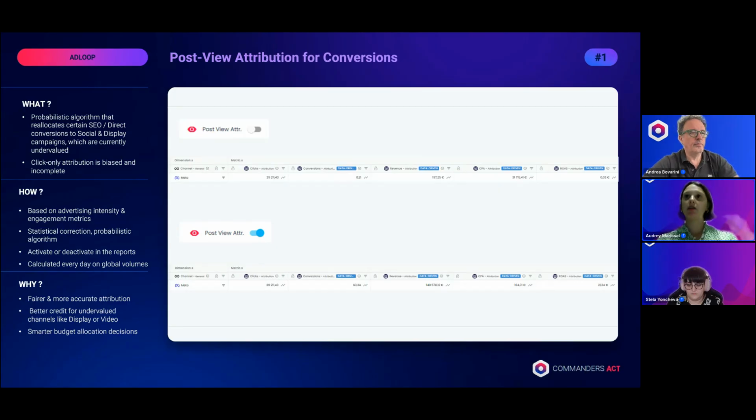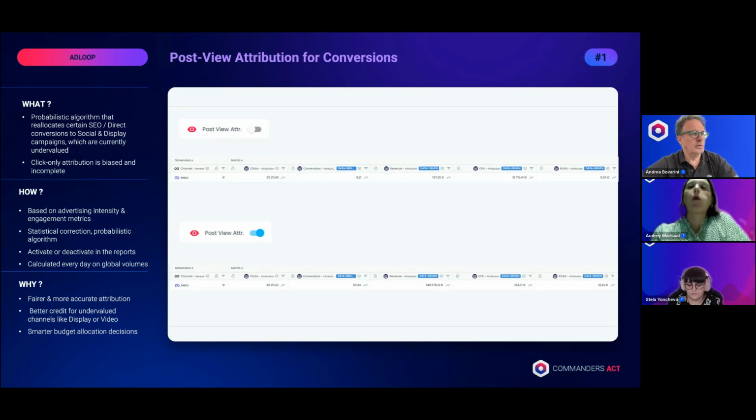And I also want to add that nothing is required on our clients' end to activate this feature. It's activated by default, and by default, the post-view attribution is on in the report, but you can switch it off if you want.